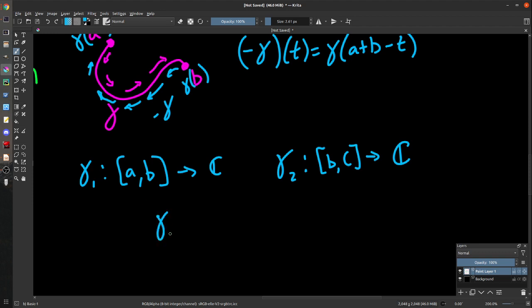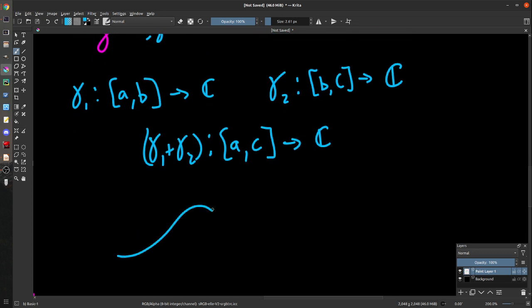You could form gamma 1 plus gamma 2. This kind of a curve goes from A to C, and the idea is that gamma 1 goes from